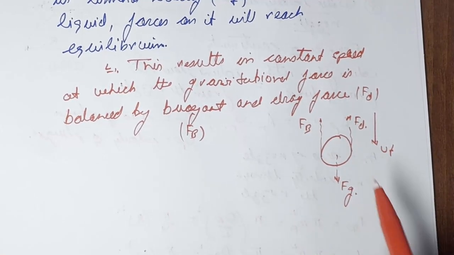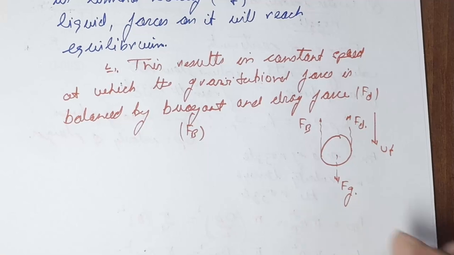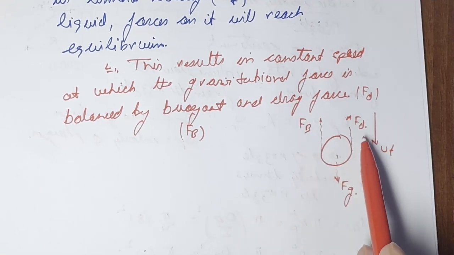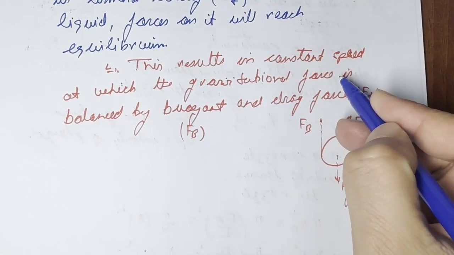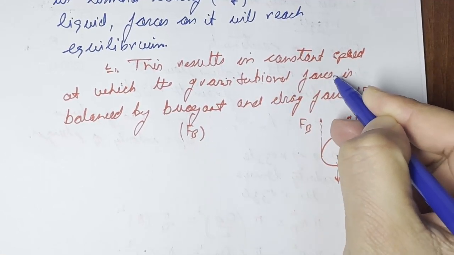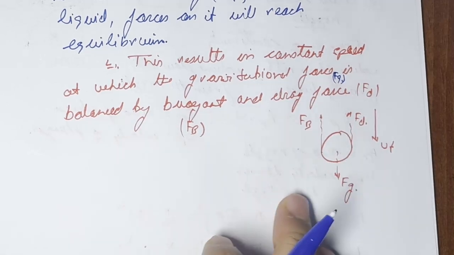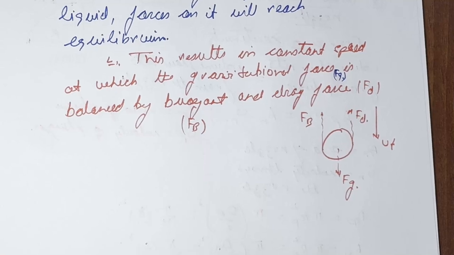So at equilibrium, all these forces will be balanced: the gravitational force Fg will be equal to the summation of the buoyant force as well as the drag force. So this is the basic relationship based on which we are going to derive the entire relation between the terminal velocity and the radius. So let us start with the